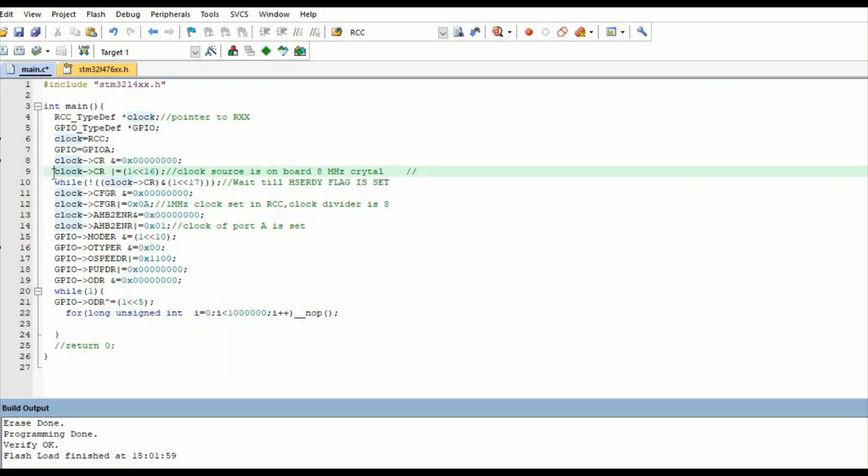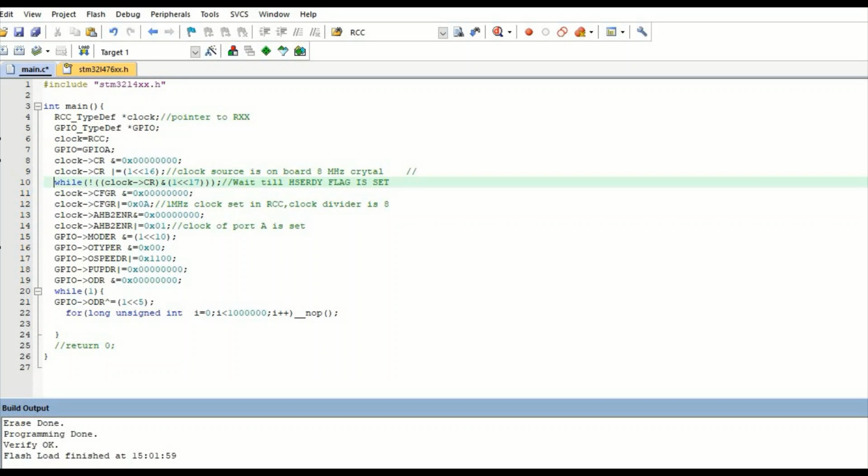What it will do is bitwise OR the value of 16 and assign it to the CR register. So if we look carefully, we can see that it is just setting that 16th bit.